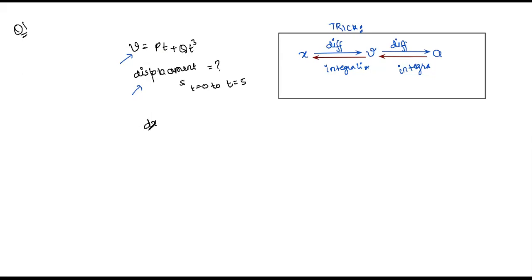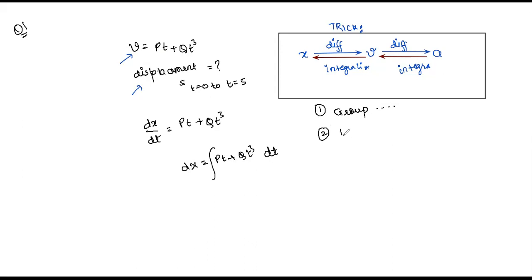instead of v, you will write dx by dt is equal to pt plus qt cube, correct? Try recalling the steps. First step in such cases was group the similar variables together, right? So you will take dx is equal to pt plus qt cube into dt. See, dt comes with t cube. Then second step was integrate. So you integrate on both sides,